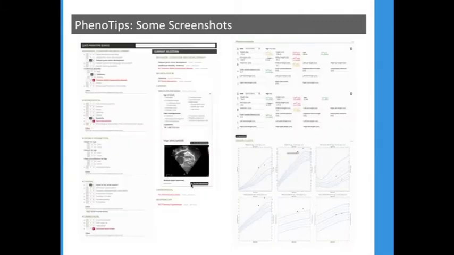These are just a couple of the screenshots. On the left there is a set of checkboxes representing the most common phenotypes that a clinician may see, but there's also the ability to do a search in the box above. For every phenotype, you can add extensive detail. You can enter measurements and see growth charts, and also see whether certain values are abnormal or normal.